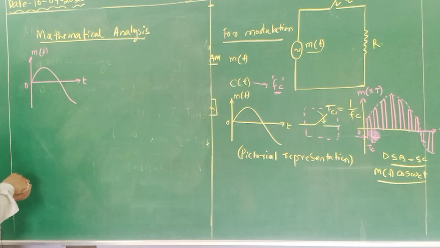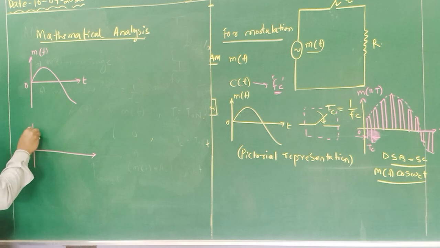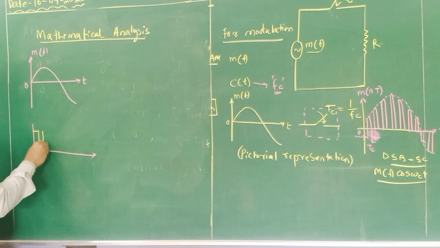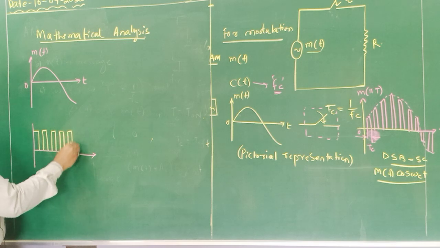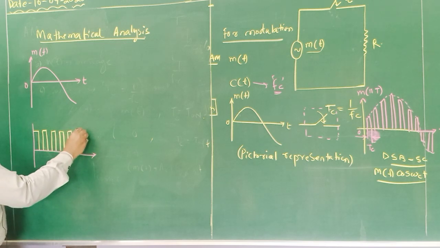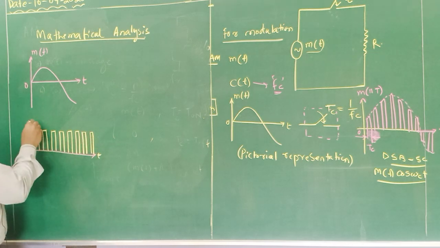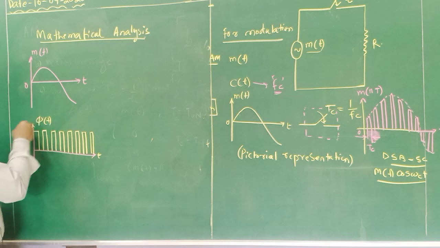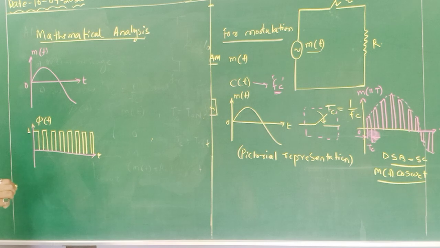Okay. Next, the periodic pulse train whose time period is Tc. This is the periodic pulse train, and amplitude is 1. Why? That I will say. The amplitude of this pulse train is 1. This is phi of t, and amplitude is 1. And the total time period for one complete cycle is t on and t off, where t on is Tc, t off is also Tc.